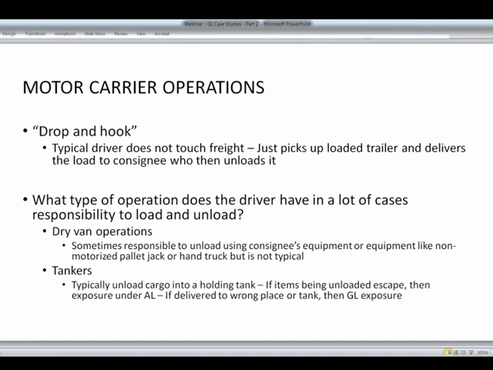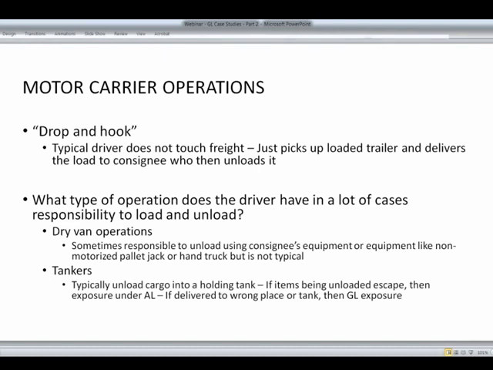So when we look at our insurance operations, look at the motor carriers, let's talk about the need to make sure our insureds have auto and general liability. Clearly we see it's overlapping here, but let's talk about some of the exposures. If you have a drop and hook operation, this is where the driver does not load or unload. The driver just backs into a loaded trailer, takes it down the highway to another point, drops that trailer off, and then picks up another one. They don't have any responsibility for loading and unloading, so their general liability exposure is minimal from the point of loading and unloading.